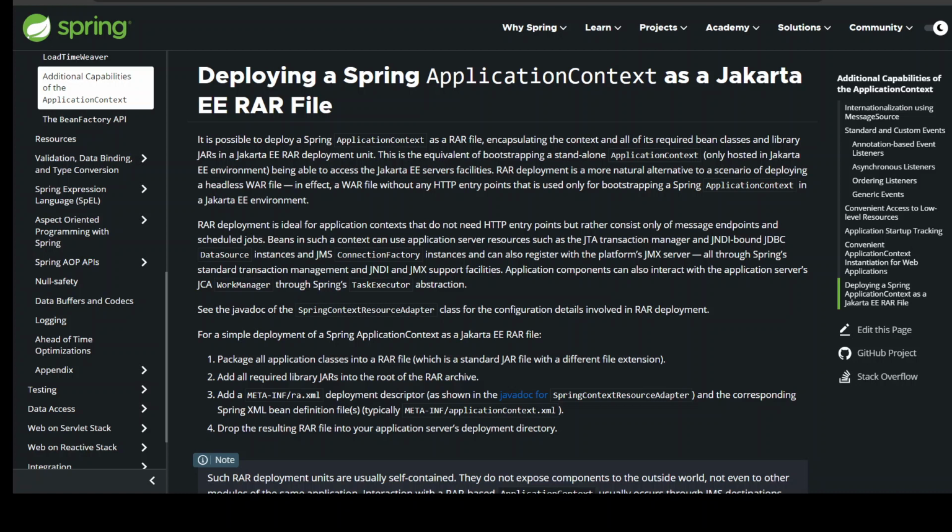Application components can also interact with the application server's JCA WorkManager through Spring's TaskExecutor abstraction. See the javadoc of the SpringContextResourceAdapter class for the configuration details involved in RAR deployment. For a simple deployment of a Spring ApplicationContext as a Jakarta EE RAR file, package all application classes into